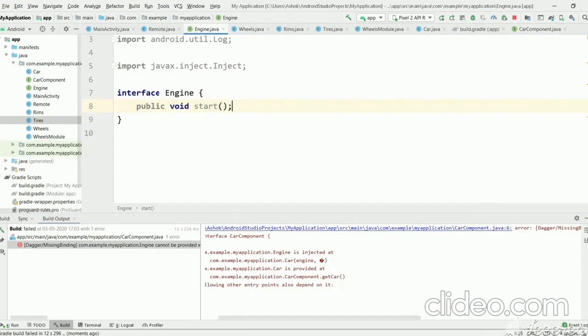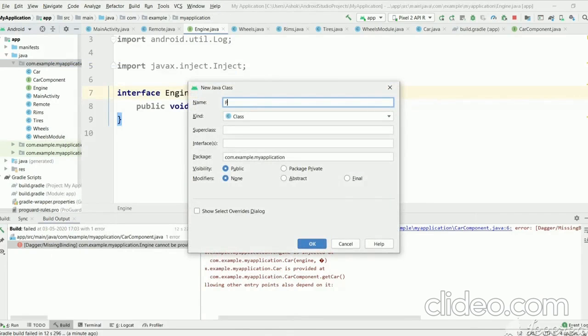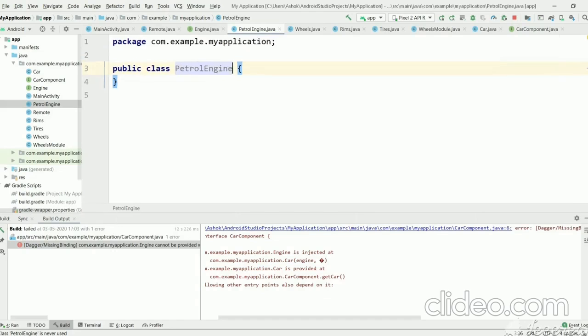Let's create implemented classes for this engine. New Java class, PetrolEngine.